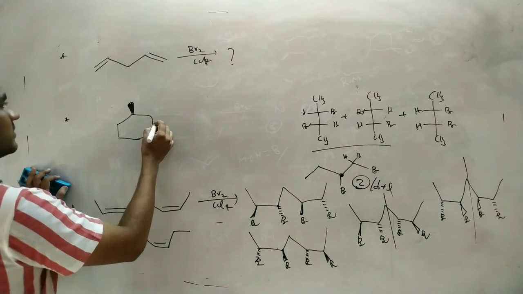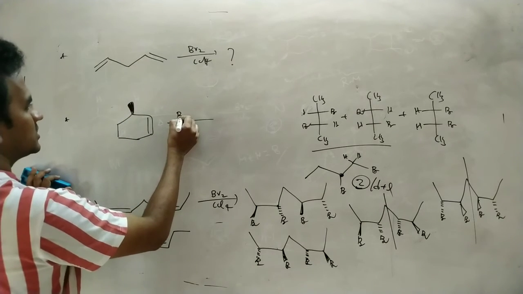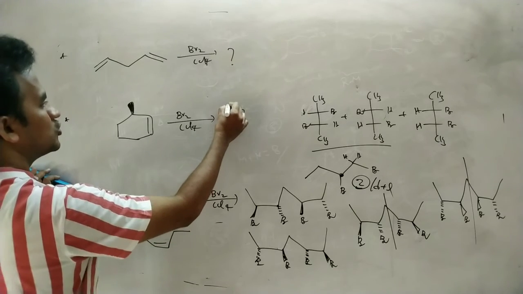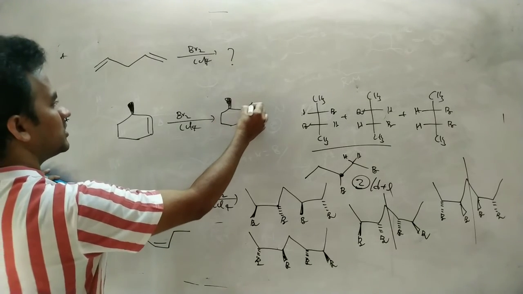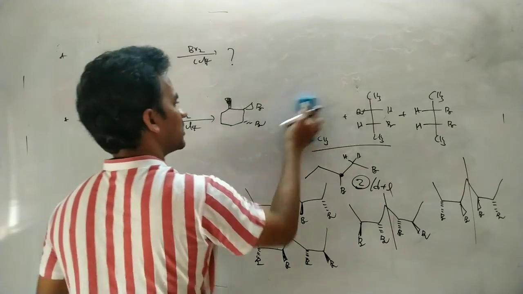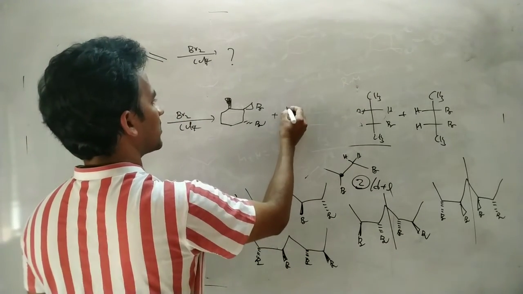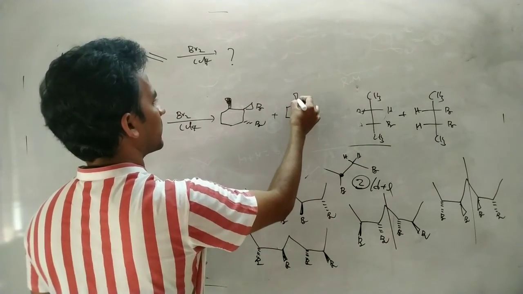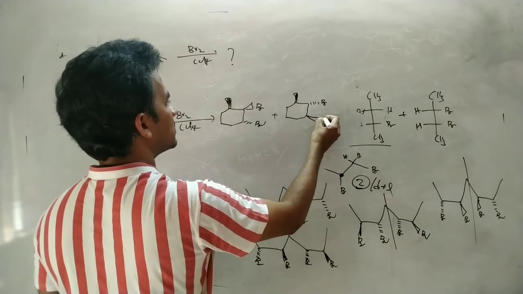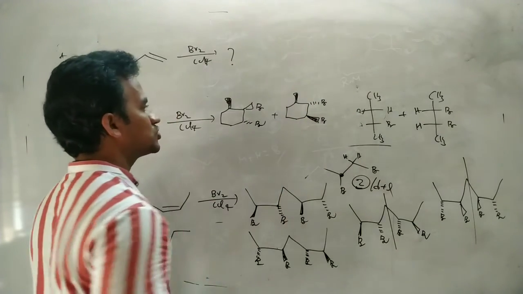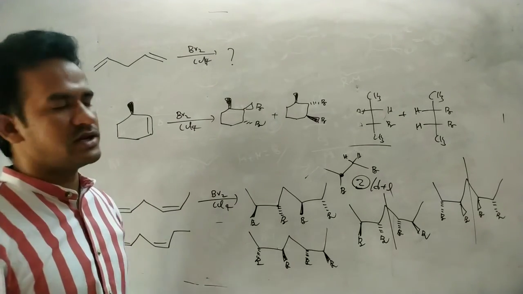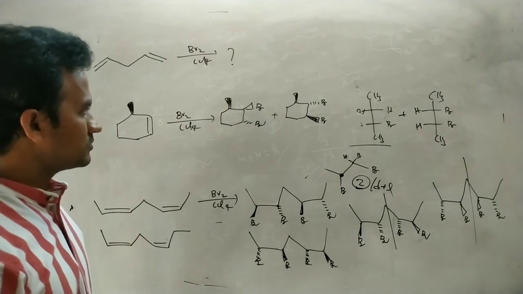This has a methyl and a methyl. This is an alkene. This one reacts with the bromine solution. In this case, we will get two products, and the relation between those two products is diastereomers, because those two are non-mirror images of each other. This Br and this Br, these two are non-mirror images of each other. So these two are the diastereomers. Of course, it is an anti-addition reaction.